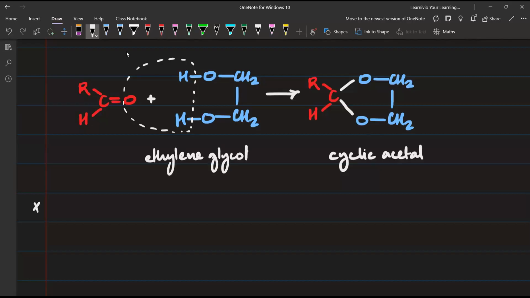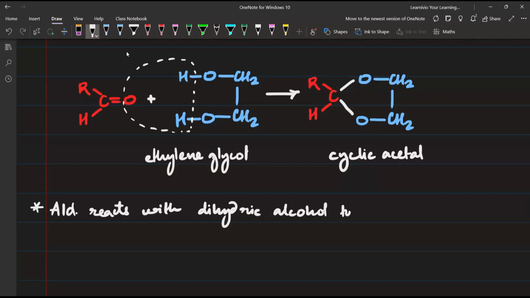Now you can write, aldehyde reacts with dihydric alcohol to form